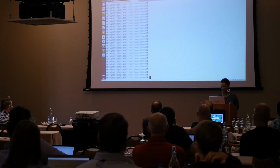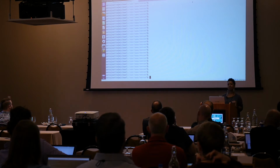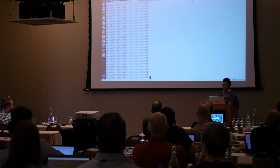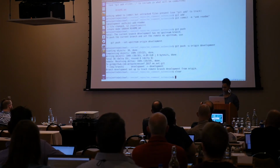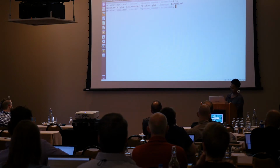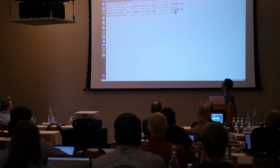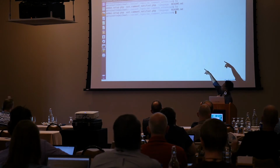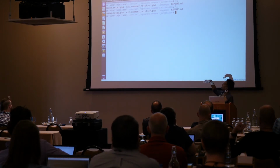I have four repos. Three of them will be public to you. One of them is private because it has all the Expression Engine code. The one repo that I'm going to make available to you is called EE Comment Extension. It has all of the files that I need to make this extension. We have add-on setup PHP, and the big logic part of it is